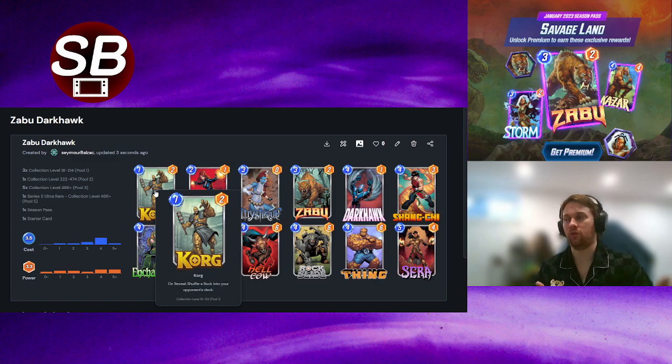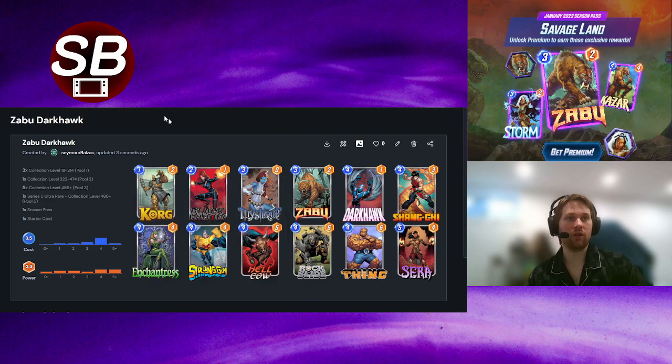It's just mini Rock Slide. It adds +2 to your Darkhawk and increases the chance that they mess up their draw. So that's your early game in this deck. And then the big reason why I think this deck will be bigger than the Shuri one is you have